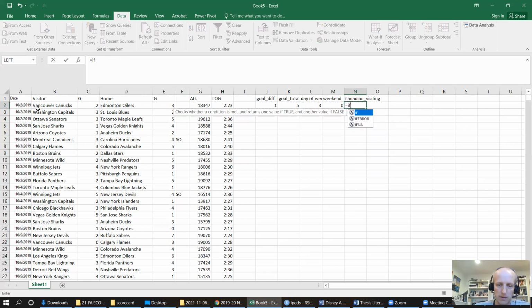So we'll say IF, and now we've got multiple Canadian teams, so we'll need to use the OR function, and we'll need to then list all the conditions. One of these conditions needs to be satisfied for this to be evaluated as true. And so visiting teams, they are in B2. So if B2 equals, all right, Vancouver,